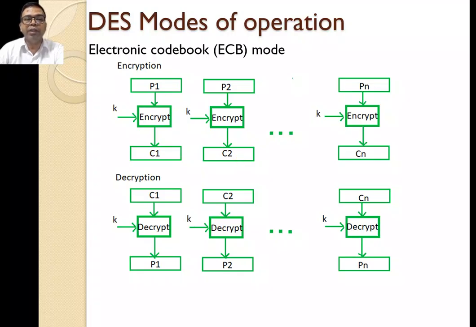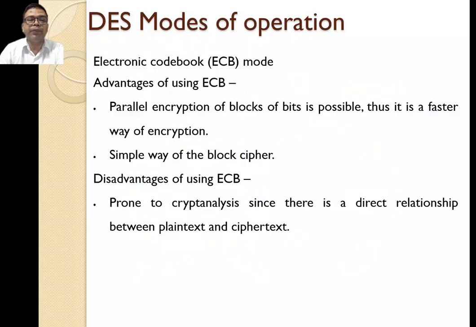You will observe that the procedure of electronic codebook mode is parallel, where all the blocks of the input plaintext are simultaneously encrypted into the corresponding ciphertext. This makes the ECB mode more efficient compared to other modes because of the parallel processing. Similarly, during decryption, each block of the ciphertext C1, C2, C3 up to Cn will be decrypted in parallel using the decryption key into the plaintext P1, P2, P3 up to Pn.